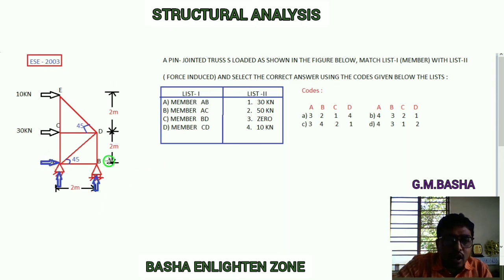According to our thumb rule for identifying zero forces, if two forces are acting in the same line, that is the reaction at B and the force in the member BD acting in the same direction, then automatically the third force, which is acting perpendicular to these forces, will be zero. Therefore the force in the member AB will be equal to 0. So match that one directly. Wherever option A3 is there, you can choose that option. There will be 2 options, option A and option C.